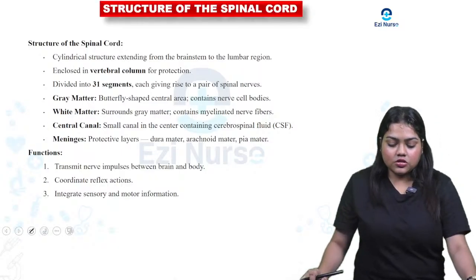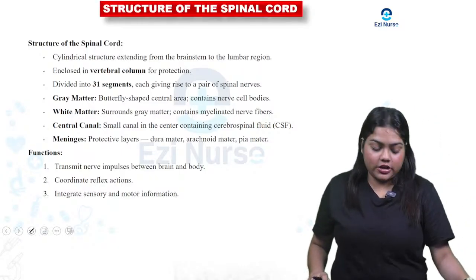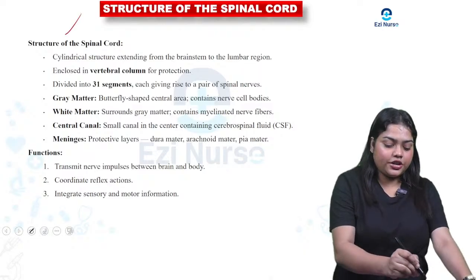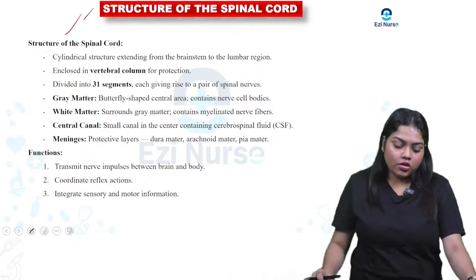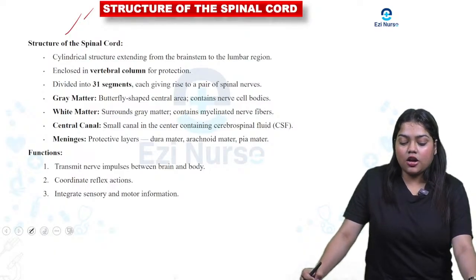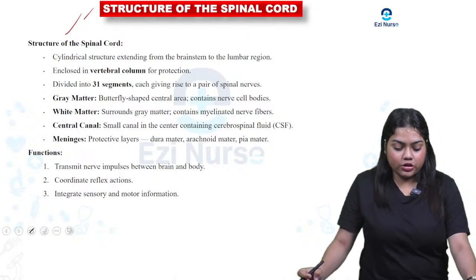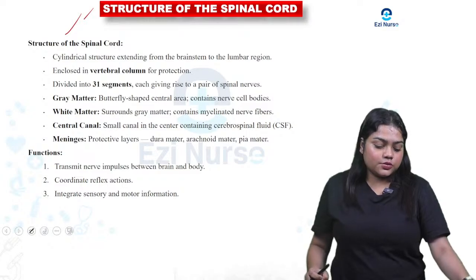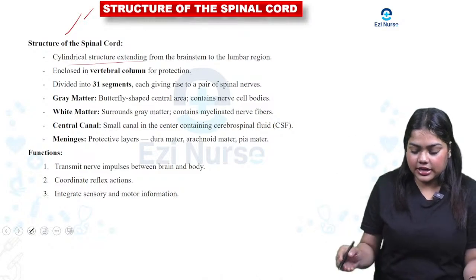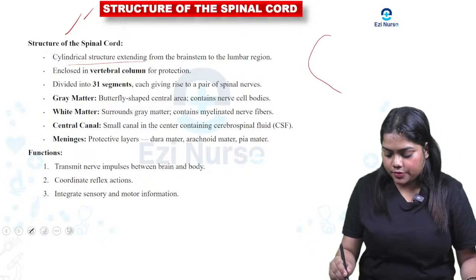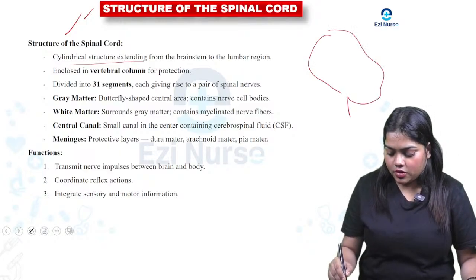So let's learn about spinal cord. It came for 4 marks 2 years ago. So let's learn about the structure of the spinal cord. The structure of the spinal cord is a cylindrical structure, which exists like, if it is a brain,